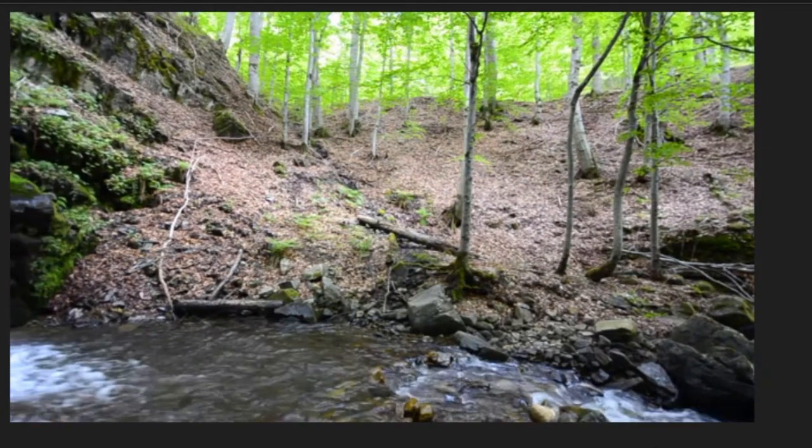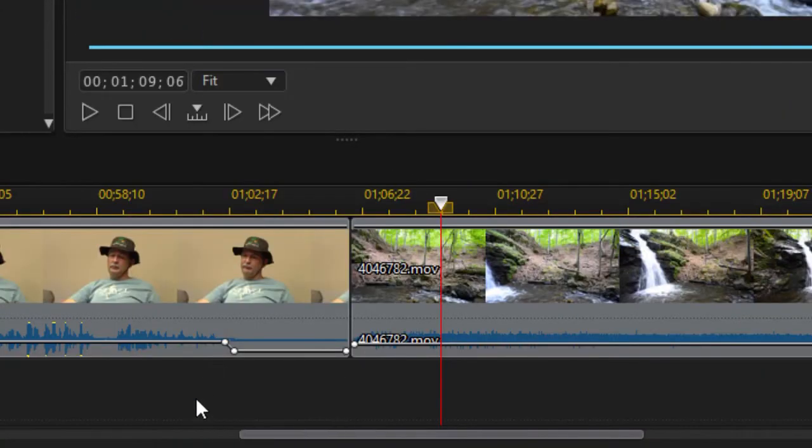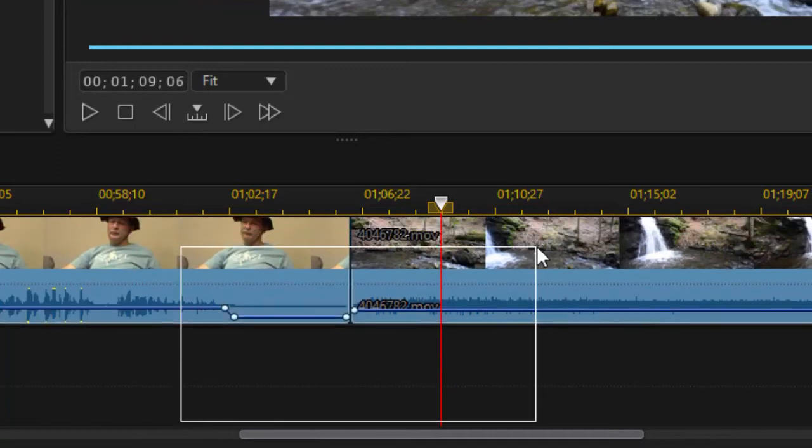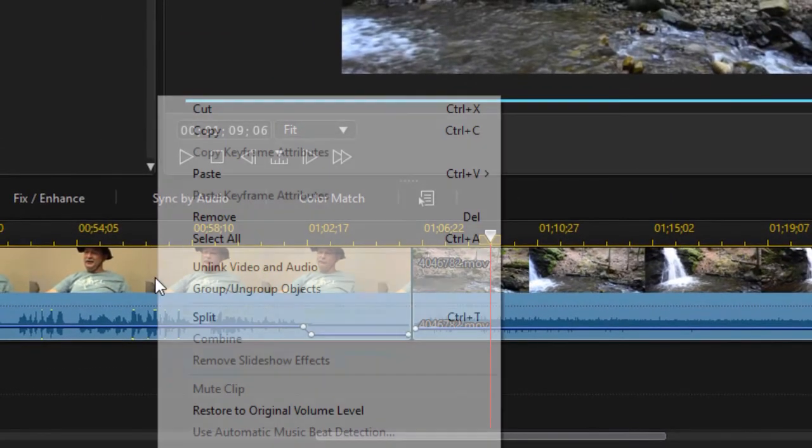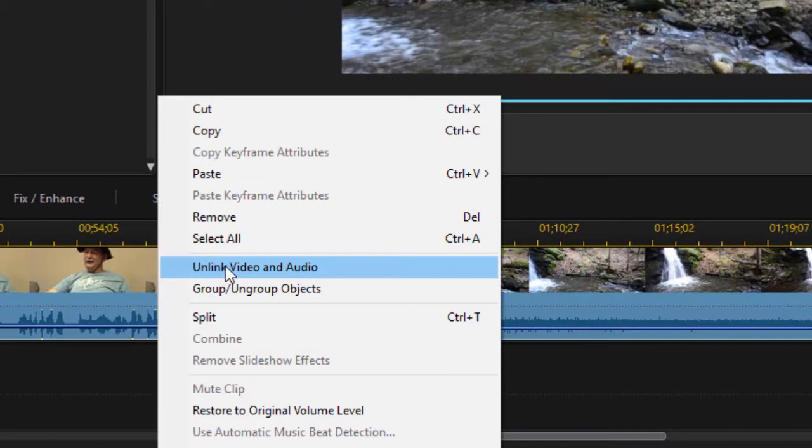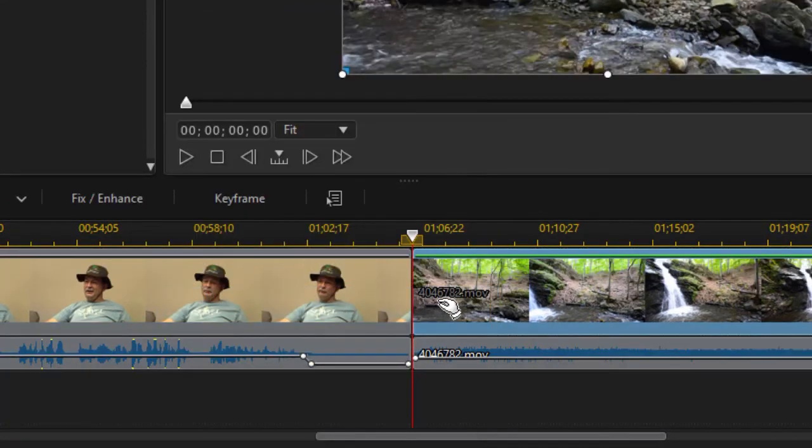Now that's a straight cut, and we normally would put it closer to the dialogue, but we're going to use that as an example of how you can do the J cut. So again, we're going to repeat the procedure we did a moment ago. We're going to take both the audio and the video of both clips, highlight it, right-click on it, and from the pop-up menu do Unlink Video and Audio. So in this case we're going to shorten the second one. So I'll take the waterfall scene